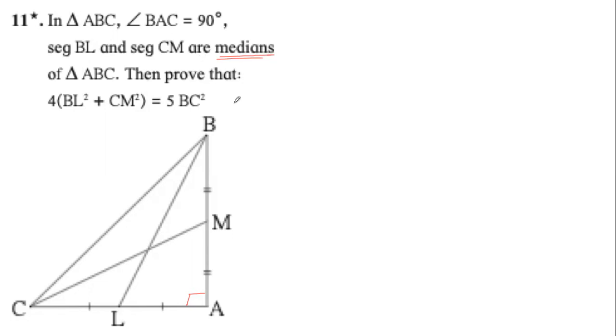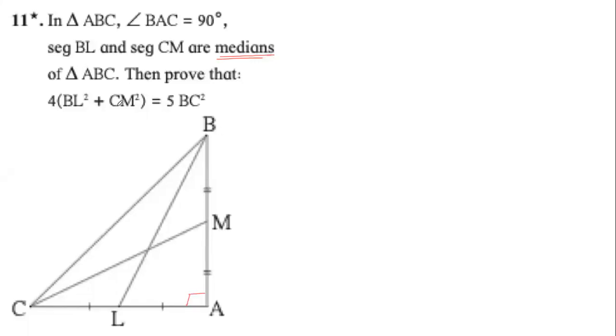That means AM equals BM. And in the diagram, it is very clearly shown. You see double lines are drawn on AM and BM. That means the lengths are the same. Similarly, L is the midpoint of AC. This is not written in the question, but the question says BL is the median. That means L is the midpoint of AC, and it is shown in the diagram. A single line is drawn on AL and LC. That means they are of the same lengths.